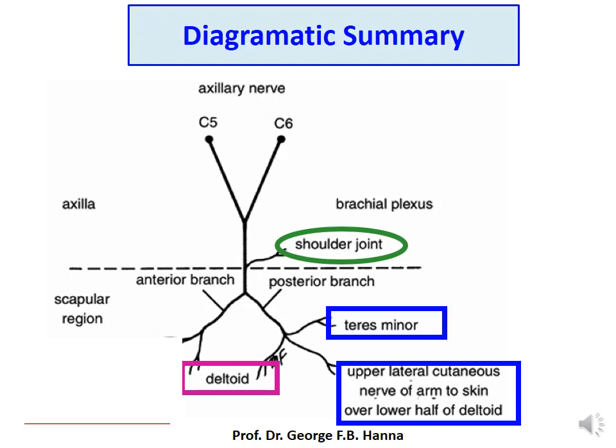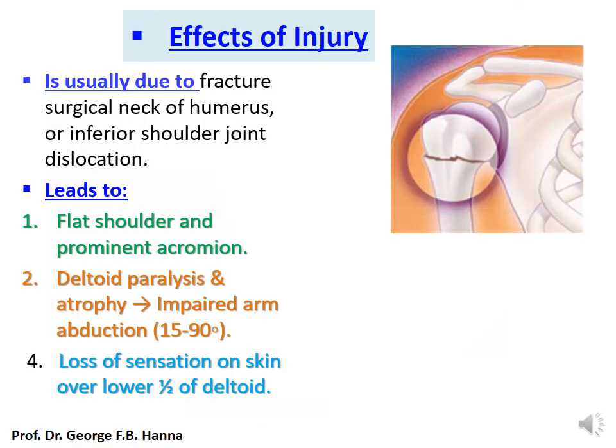So the shoulder joint is supplied by the axillary nerve in green. The deltoid has double supply from the anterior division and the posterior division of the axillary nerve, and the rectangles in blue are supplied only by the posterior branch of axillary nerve. Let us go to the effect of injury. Here on the diagram you can see fracture in the surgical neck of the humerus. So